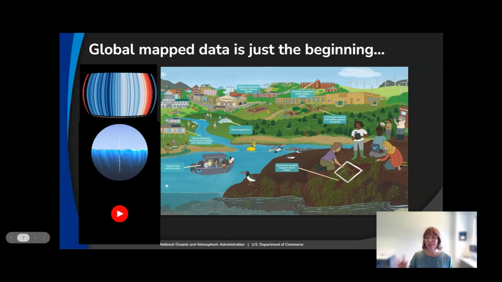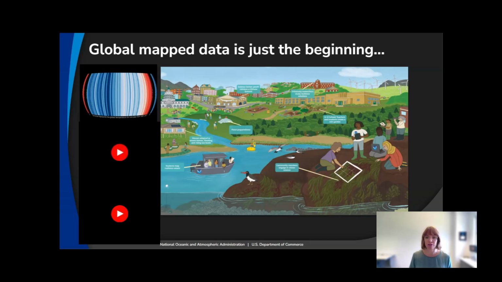I forgot to mention the top left there. This is similar to the blanket knitting project. We've added the climate stripes globally for a few different countries on our catalog. If you aren't familiar with the stripes, they are anomaly temperature data. So blue is colder than average, red is warmer, and each stripe is a year since temperature records began in the 1880s. And then the last one I wanted to show